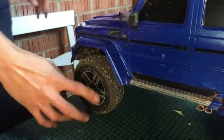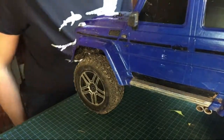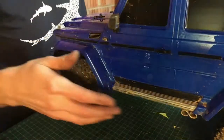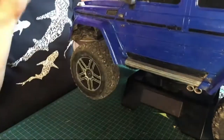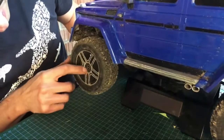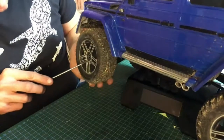So, still completely stock, not an issue there. So completely stock G500, we're going to chuck it up on axle stands, and I think I said in the unboxing video that I wasn't sure how these would come off, but I've since realised there's a tiny little centre cap that should prise off. And if I can get that out,